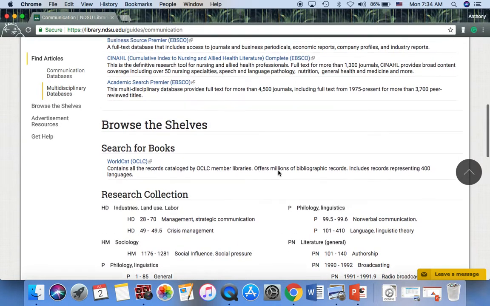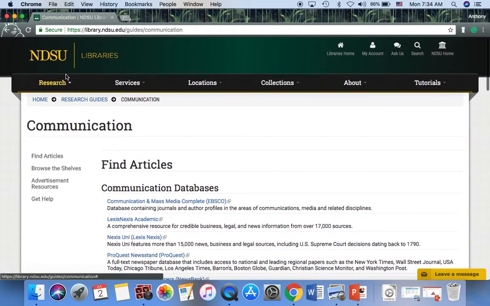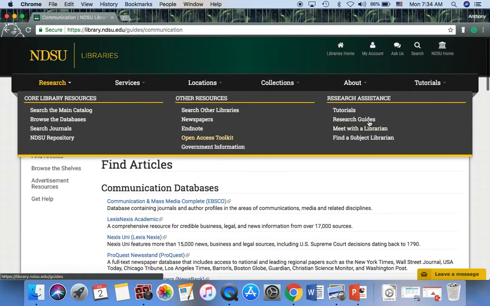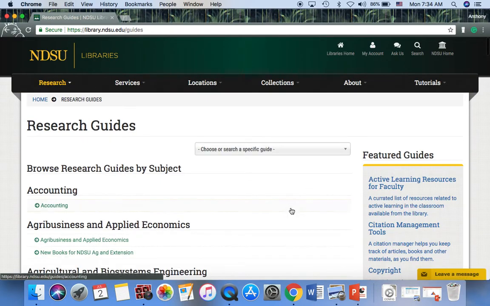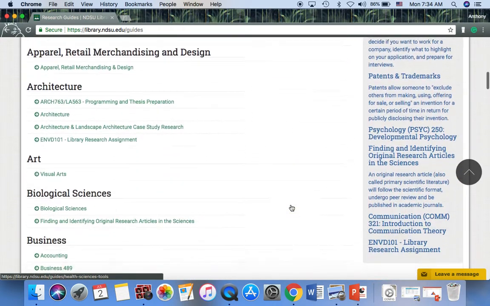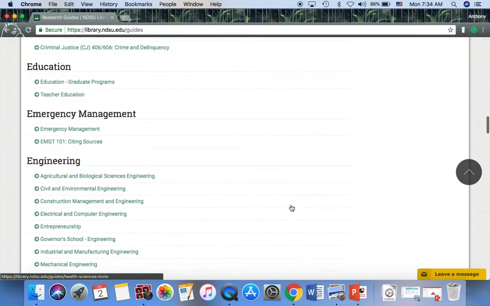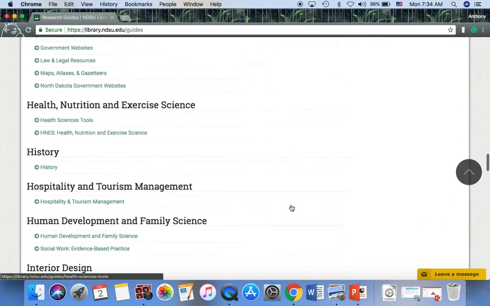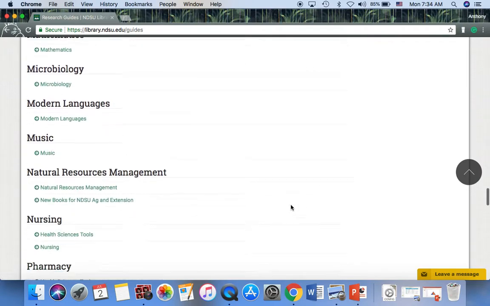So this is a great resource for you that you find on the library webpage under Research Assistance, Research Guides, and you can look in any of your academic fields for information on how to do research.